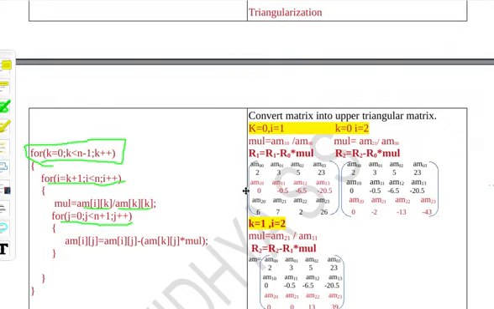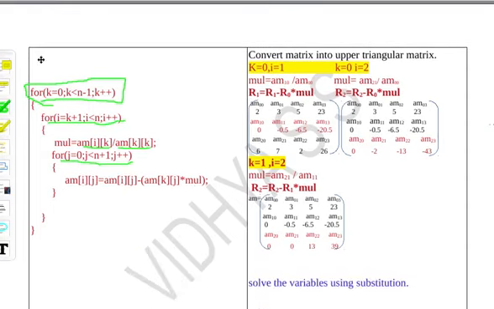That is, in the row in which I am making the changes, the ith row I am going to change, so the row will be equal to I, and each time the column value will change using j, so 0 1 2 3. So take a ij, that is the variable I want to change, minus, and the multiplication is done with the pivot row. Pivot row I will get from k, so I need to iterate through each element of the kth row, that iteration will be done through j, so it is kj into mul. By completing this entire iteration, you will get the upper triangular matrix.